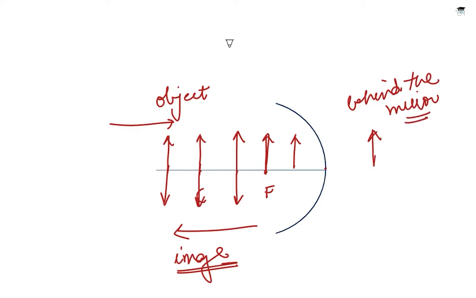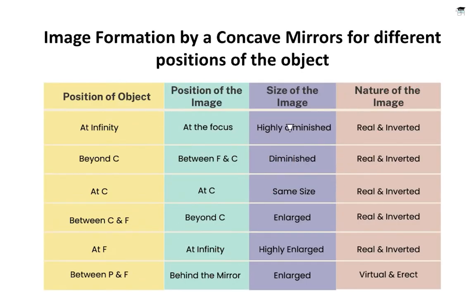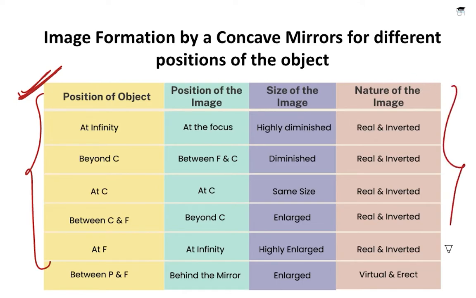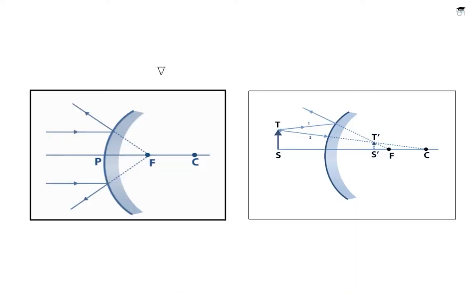So these are the different cases that we just studied, and just remember this table. We saw this table at the beginning of this video and I have provided it again here because it gives a short note of all the cases that we just did. Okay, so let's do a quick recap of image formation in convex mirror.